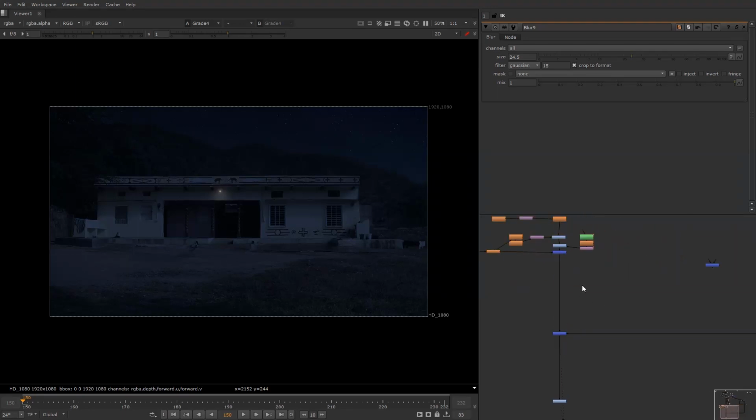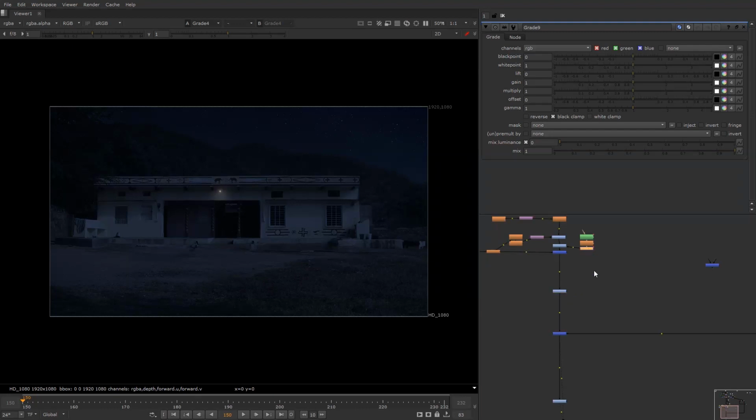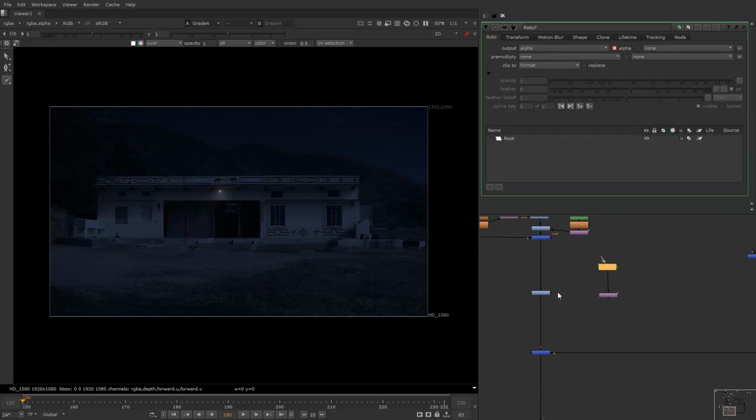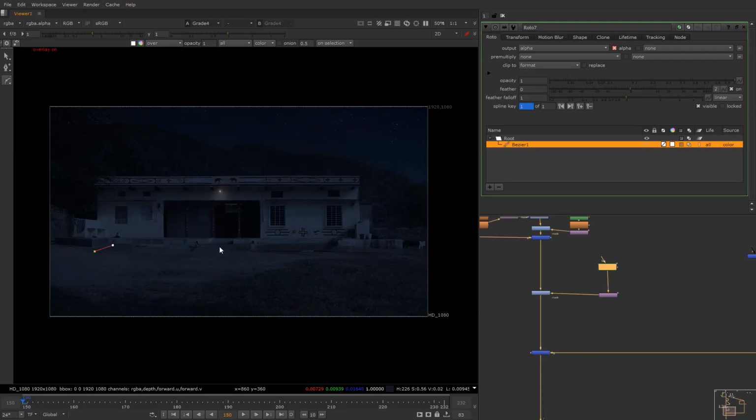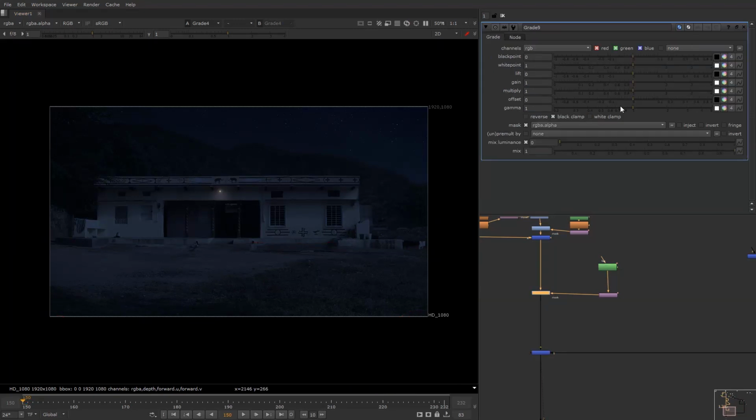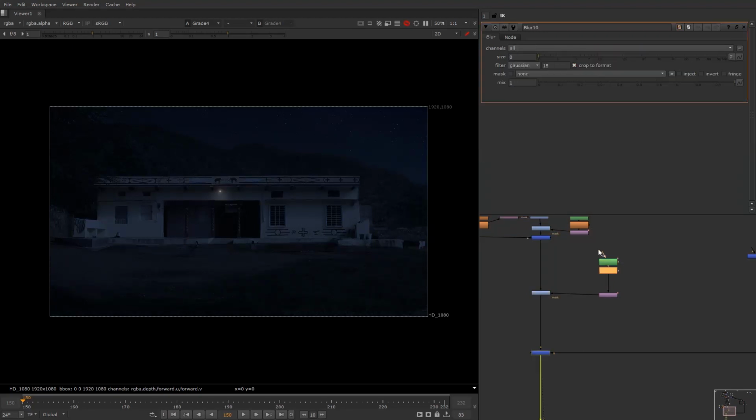Take a grid node. I have a track which is really helpful for me right now. Take a roto. And I'm just gonna take a rough roto quickly, like this, and take the brightness down to some level like this, and I'm just gonna blur it supremely. Okay,